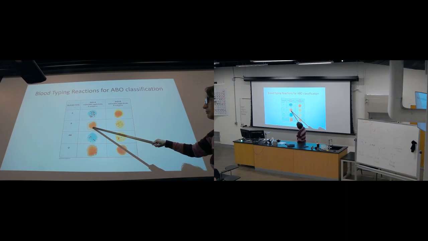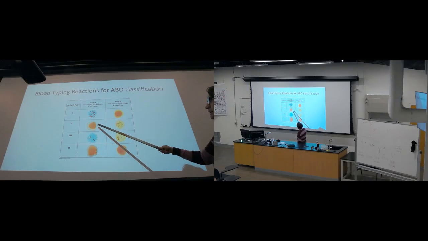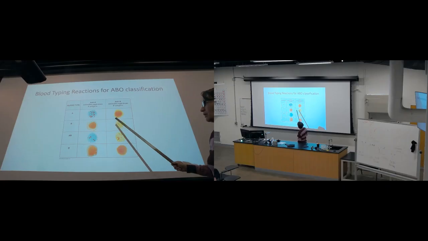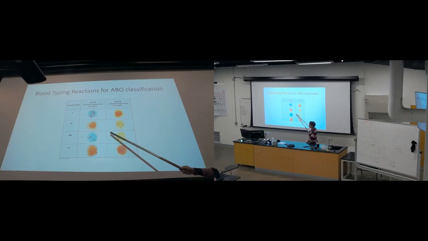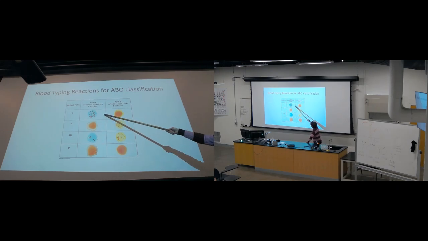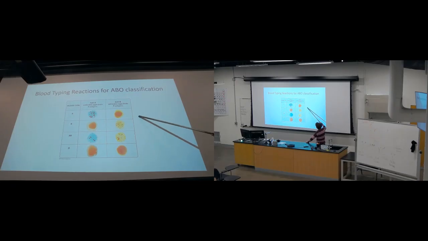And then when you have clumping on B, but not on A, that means that it's B. When you have clumping on both, that will be AB. And then when you have no clumping, that's O. And then you're supposed to have here a third column with the anti-D antibody that tells you whether it's positive or negative. So let's say for this row, for A, if you have clumping with anti-D in here, what blood